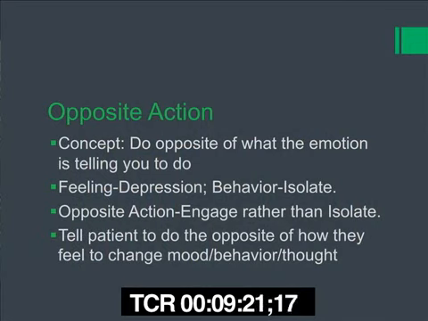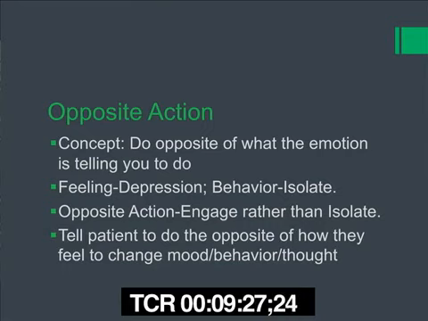Remember when I said earlier that this treatment is experimental? Saying to the patient, look, what you're doing is not working right now, so let's try something different. Let's try a new schedule, and remember that you want to do the opposite of how you feel. You're not going to feel like implementing a new schedule. You're going to feel like being in bed and not returning phone calls and not going to work. I want you to do the opposite of that, to experiment and try it, to do the opposite of what the depression's telling you to do.